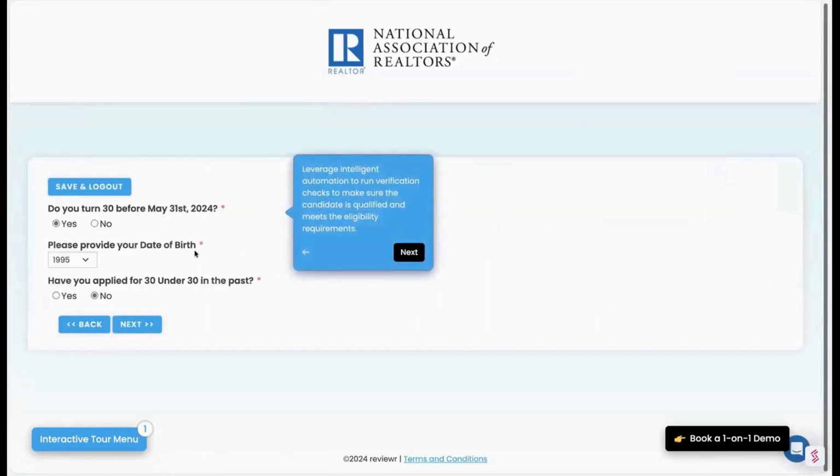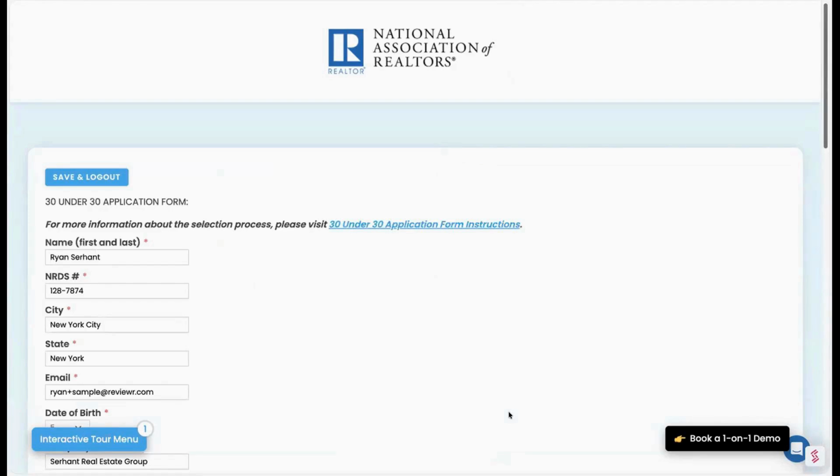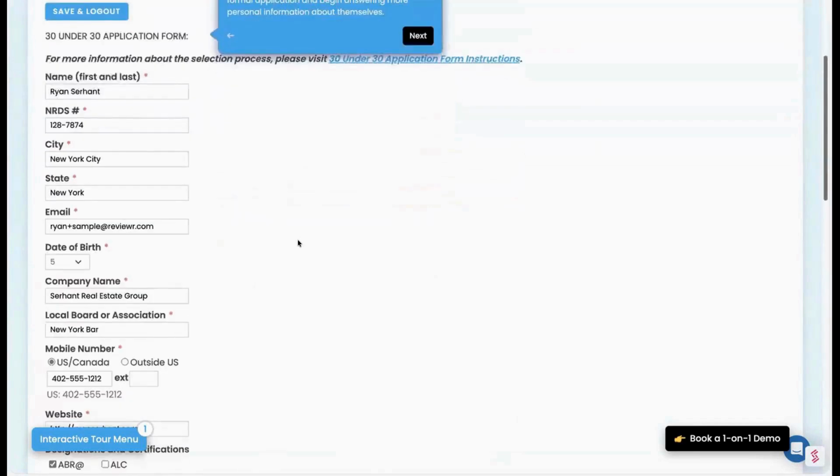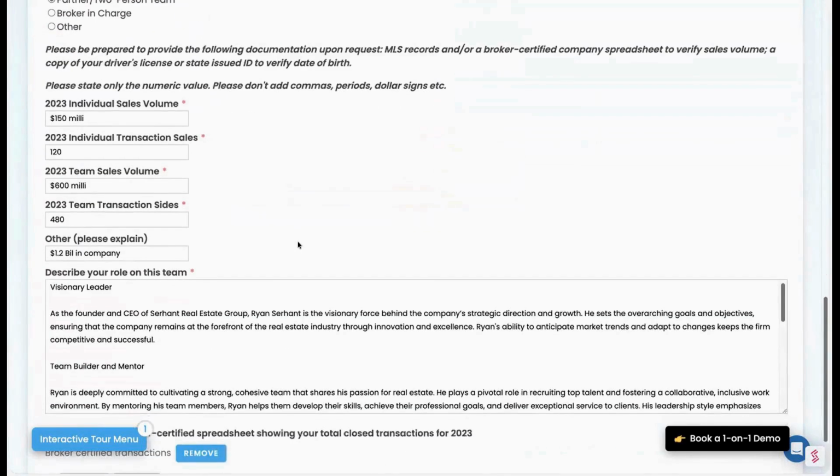And then this is eligibility. So we can set up eligibility on any of your forms. We do it for awards, scholarships, grants, everything to make sure that they really are eligible before they waste your time and their time applying for something that they are not eligible for. Once they pass that eligibility, then they are able to step into that form and answer all of those questions. More in-depth questions about their sales volume, their transactions, how much they have made, how much they've sold,